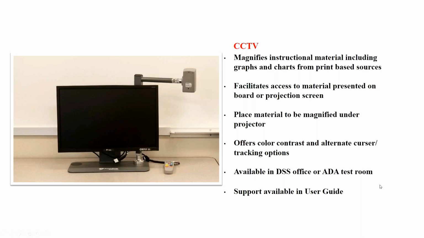This device also has a lot of the same features that we saw on ZoomText. So we can have the color contrast, the alternate cursor, and tracking items. It also has a feature where you can flip because the arm of the camera is limited, and if you have it aimed one way to show the whiteboard, but then you need to move it to a different area, there's a function on the remote that will allow you to flip the screen so that if the camera has to be set at an awkward angle, we can still adjust the screen to